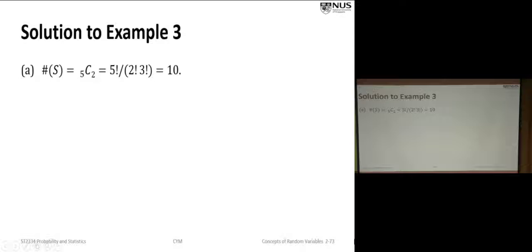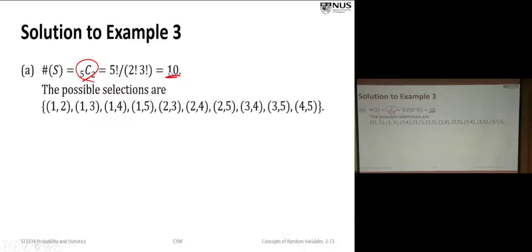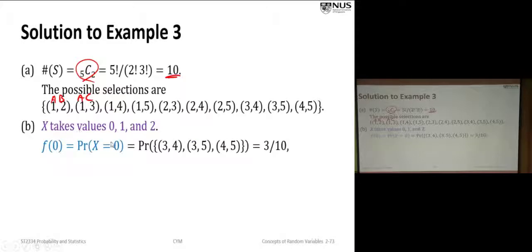So the first one is straightforward. We select 2 out of 5, so the answer is 10. And these are the possibilities, basically A, B, A, C, and so on. So 10 of them. Although I use ordered pairs, the order is not important. So altogether 10 possible choices. Okay, so X is the number of defectives in the sample of 2 items. So the number of defectives can be 0, 1, or 2. It shouldn't go beyond that.